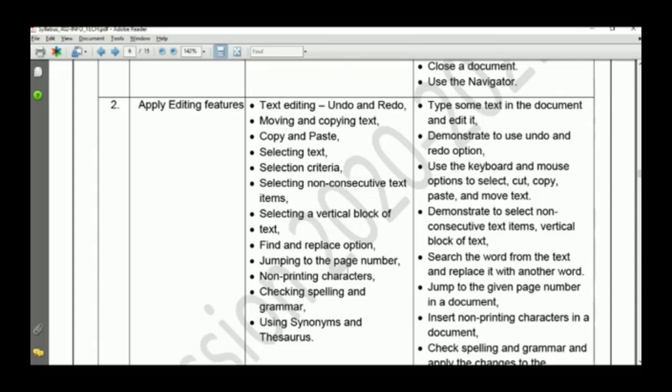This video is divided into two parts. The first part I discussed previously, and this one is the second part. In the second part, I covered only these topics, and in the first part we covered those topics.